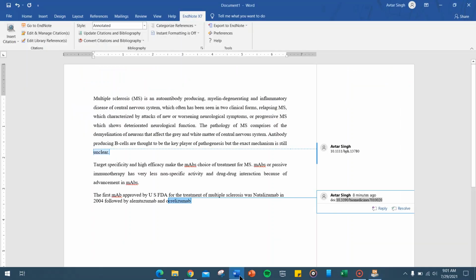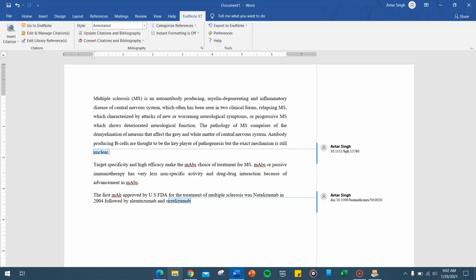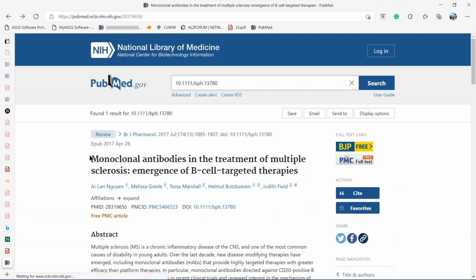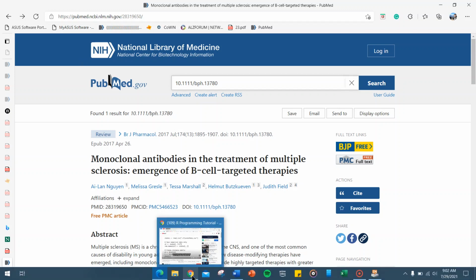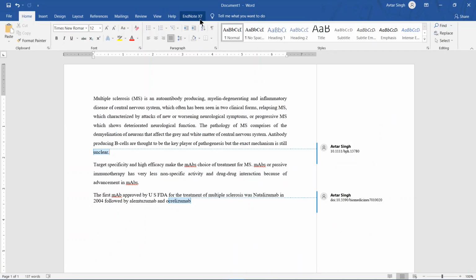Go to your Word file. Click wherever you want to add the citation, and you need to remember the name, because this was our first article. Then there will be an option in your ribbon, EndNote.